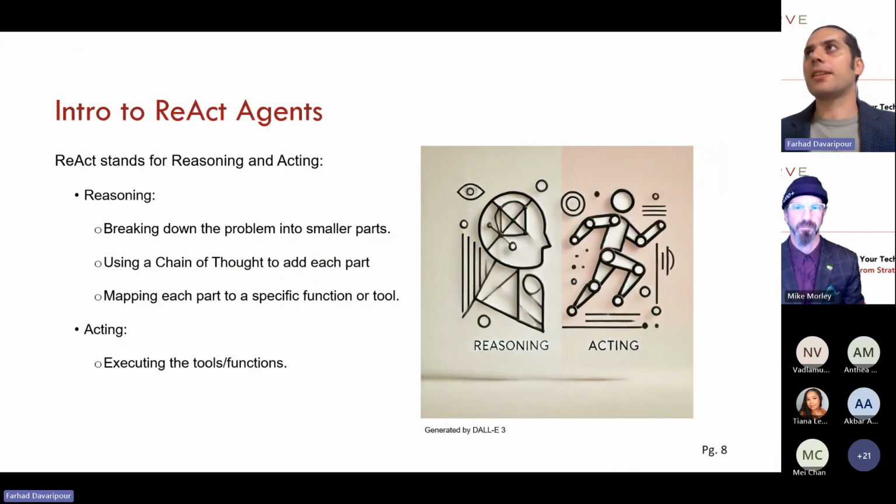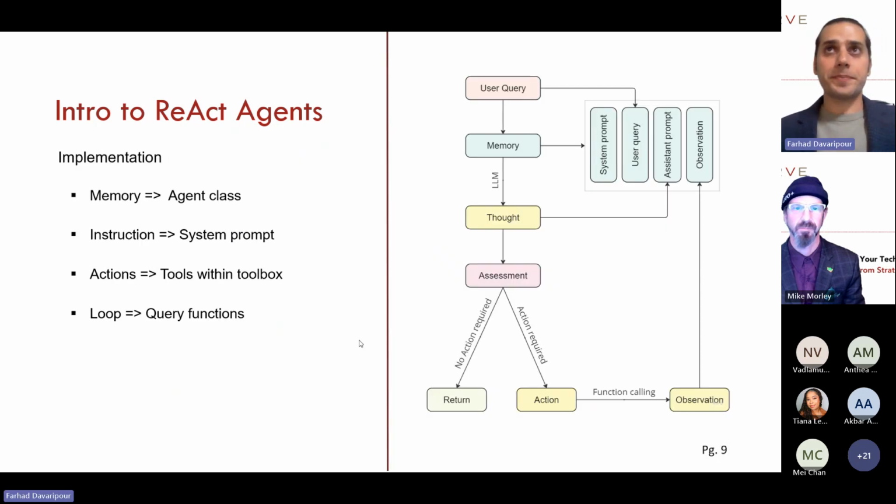So I'm going to get back to the slide deck, and here we would like to talk about the steps involved in